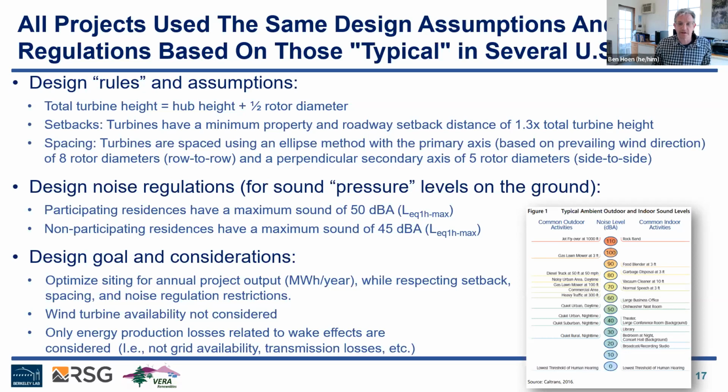We don't consider wind turbine availability. So we don't consider if the turbine is taken out of service, as it often is, maybe a few times a year for regular maintenance. We do consider wake losses for turbines that are behind each other, but we don't consider grid availability, just kind of what I said. They might curtail at that location, or transmission losses. Maybe the spur line is very long and there might be some losses as we move to the transmission grid. So we don't consider those things, but we do consider wake losses.